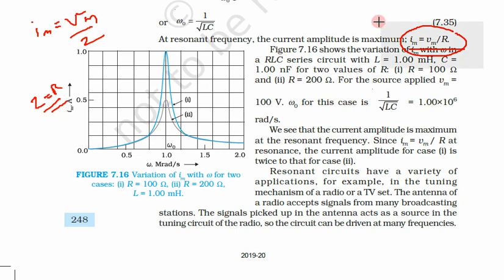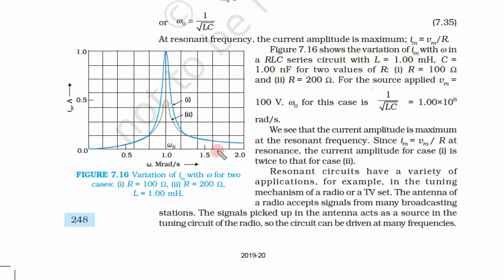This is working in this way. So the circuit is almost or purely resistive. This figure shows the variation of Im. Here we can see Im with omega, that is, how this current is changing with omega, that means frequency, for an RLC circuit or LCR circuit, whatever you say.